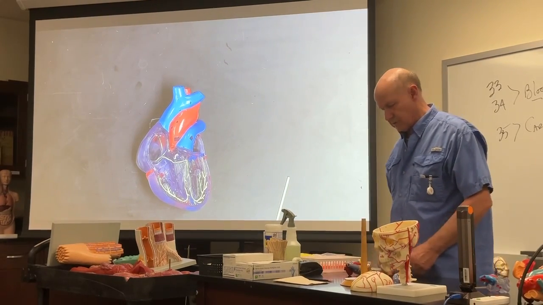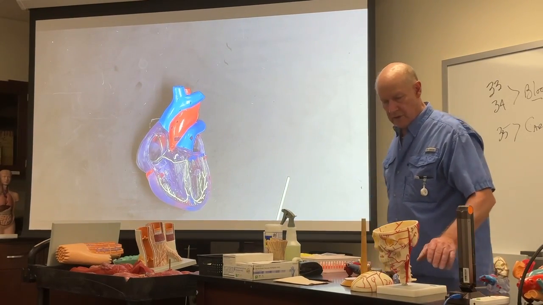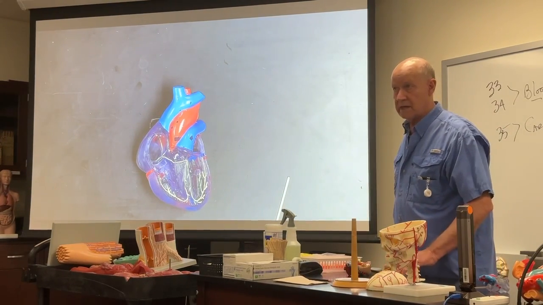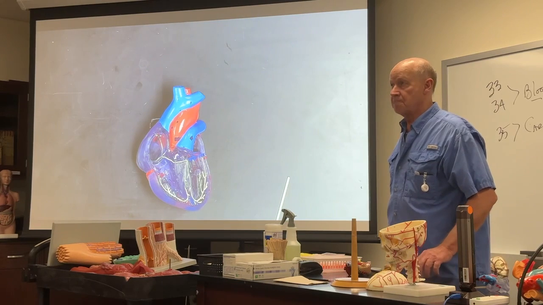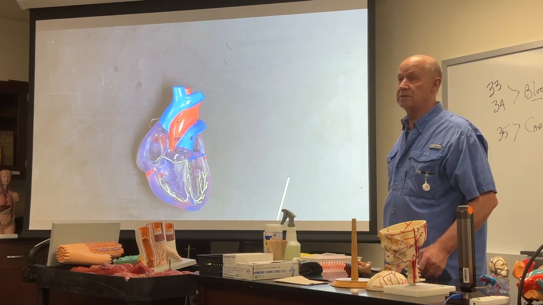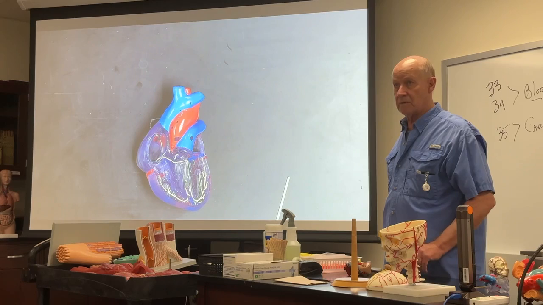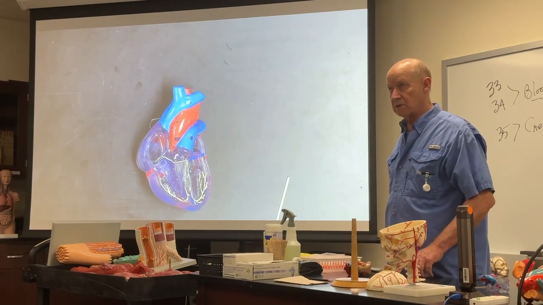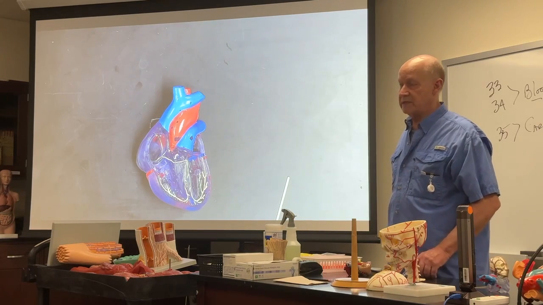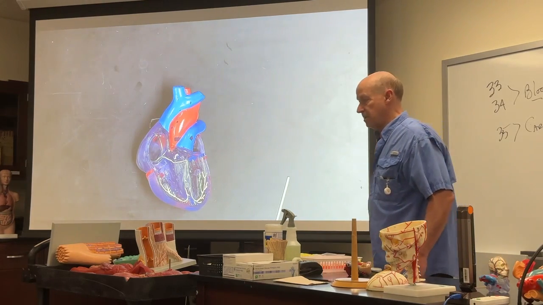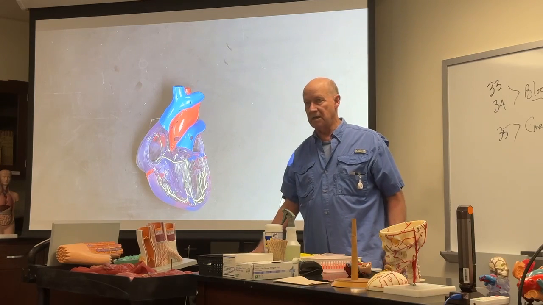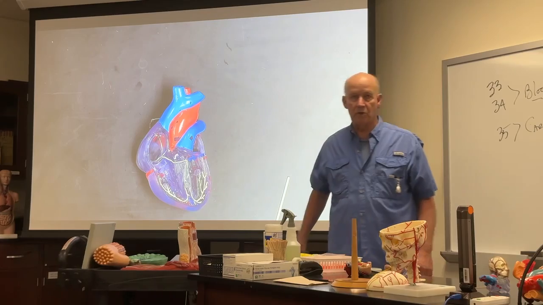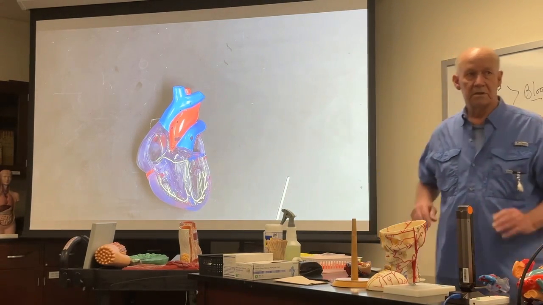I didn't go over this in great detail in lecture, but when you remember the first, second, and third degree blocks that we talked about, AV blocks, there's also a bundle branch block. Does anybody know, and I'm not going to ask you this, I just want to see if anybody looked at the notes closely enough. What do you see on an EKG when you have a bundle branch block? Is there another? Remember the QRS? It's kind of